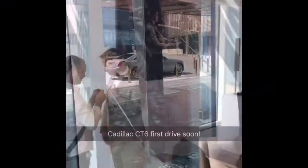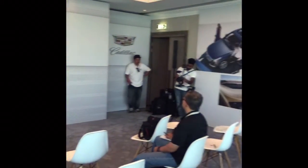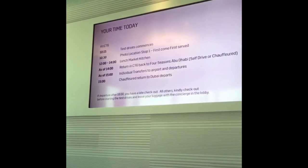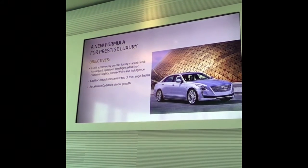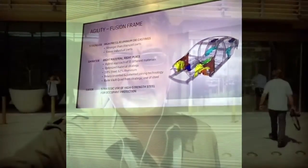Cadillac CT6. Needs to be driven by substantial products. It needs to be driven by... So, just as we finish the next 30 to... First. The answer is the market has a certain demand which was not... Also look at the first pillar that Hans already talked about, agility. The CT6 is the first...